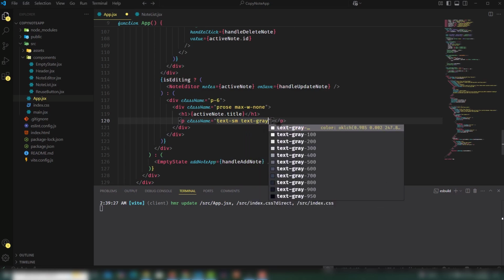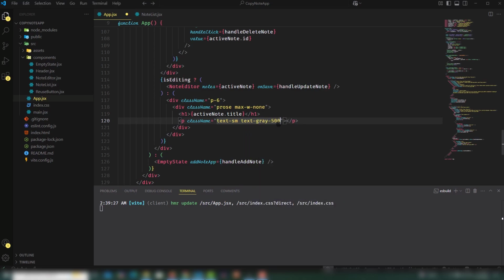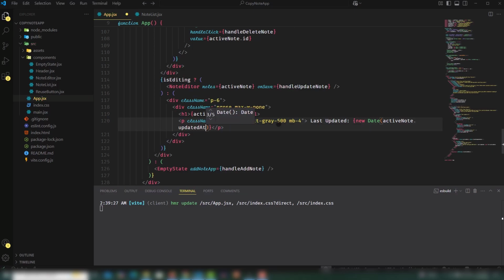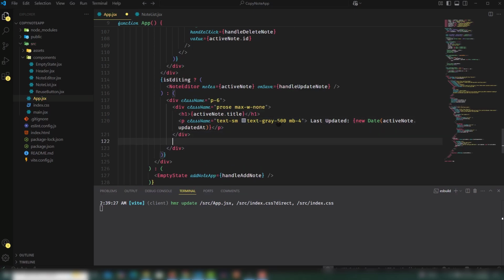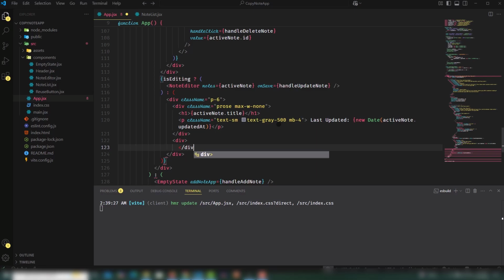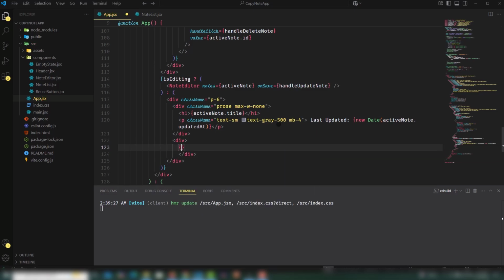Text should be gray 500, and also I'm going to use margin bottom 2. And there I'm going to use last updated, and I'm going to target my new date function, active node dot updated at. The last and final thing is content, right? The content I need to use active node, meaning the user will click on a particular node in the sidebar, and I need to get the content. Assign the class white space